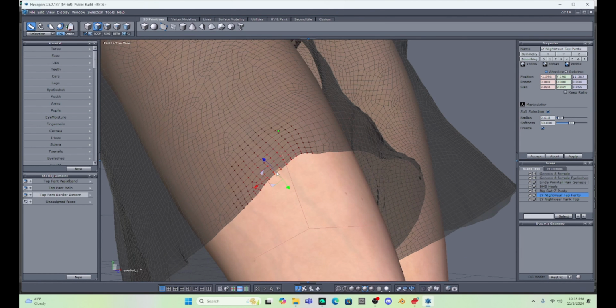As I go back into Hexagon, what's kind of interesting is I'll show you a new little trick here. I can select one polygon, and then I can hold down my shift key and go to a second polygon, select it, and then I can go to this between button and just hit it, and you can see that it linked my two polygons. So now I kind of have a string of polygons. Rather than having to select each one individually, it kind of did it on its own. Now I can